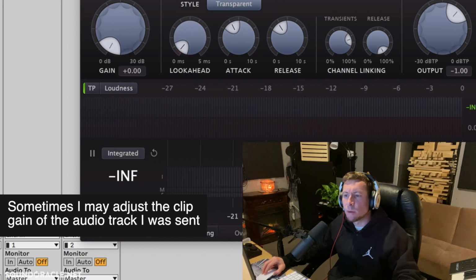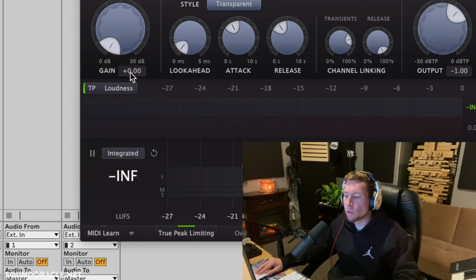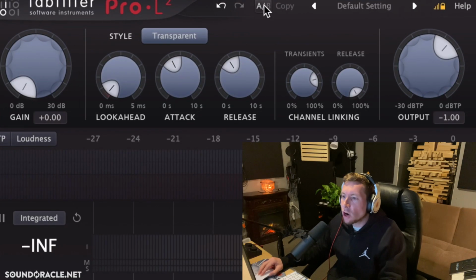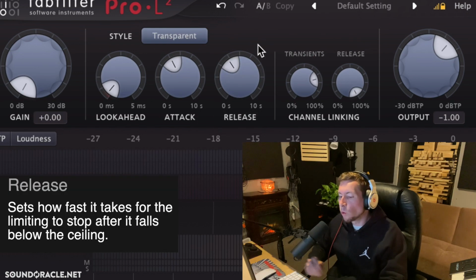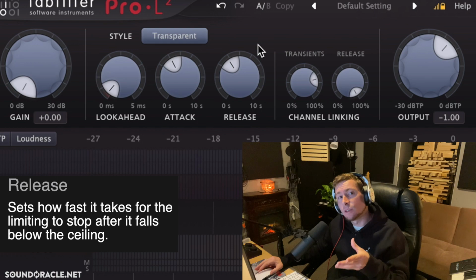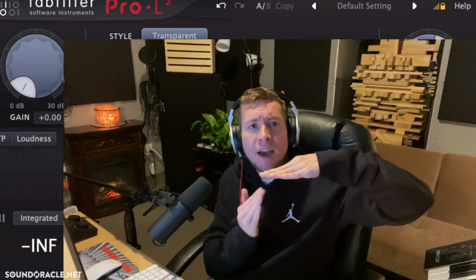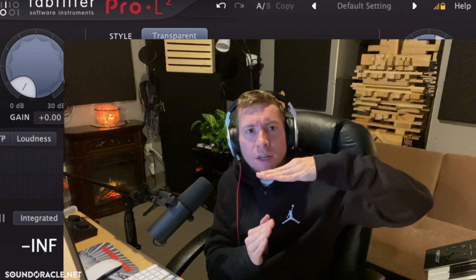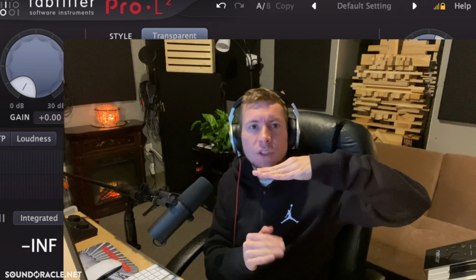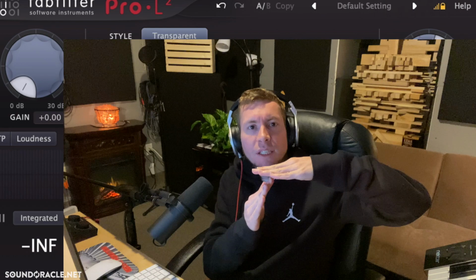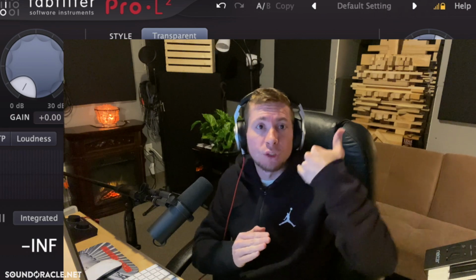But as far as numbers go, that's the number that I'm aiming for there. So now let's go ahead and talk about this release parameter right here. And this sets how fast it takes for the limiting to stop after the signal drops below the ceiling. So we got our ceiling, and if we have a faster release, then it's going to drop down a lot faster. But if we have a slower release, then it's just going to take more of a gradual pace to